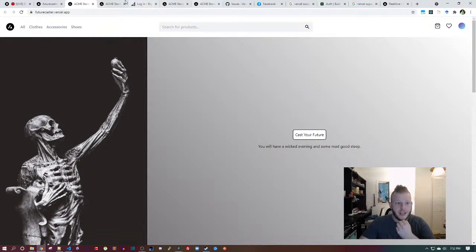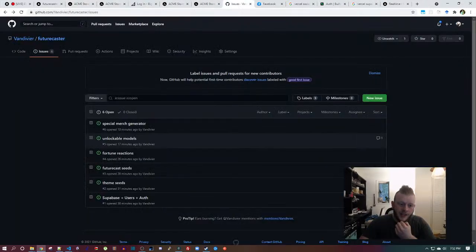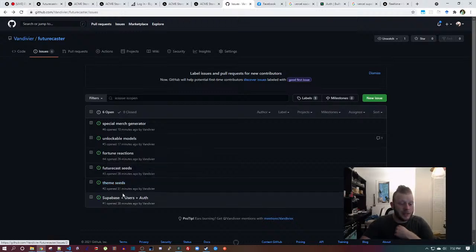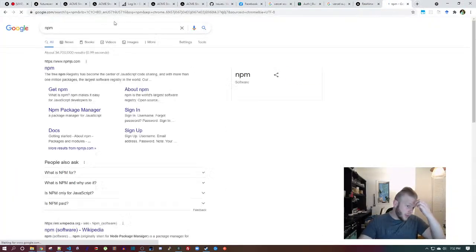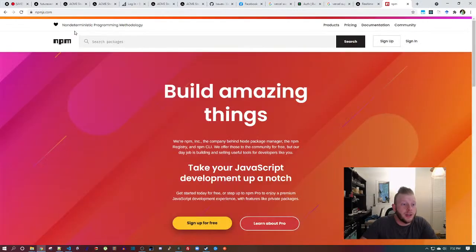So you can check out the GitHub Issues tab, and you can see there's going to be some crazy stuff going on. The entire site is going to be seeded, not just themable, but randomly generated seed themable. Let me show you what I mean. NPM. If you go to NPM, the acronym in the top here is randomly generated on refresh, non-deterministic programming methodology. It really means Node Package Manager, but this is a joke. It's like, what does NPM stand for? That's the joke. So if you refresh it,